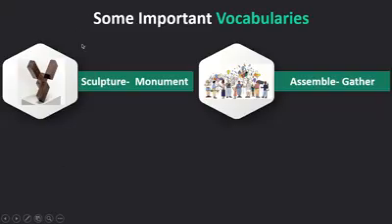Our first vocabulary is sculpture. That means monument. Here we can see the picture of a sculpture. Actually, sculpture is a work of art that is a solid figure made by carving stone or wood, এবং এই স্কাল্পচারের বাংলা অর্থ হচ্ছে ভাস্কর্য।